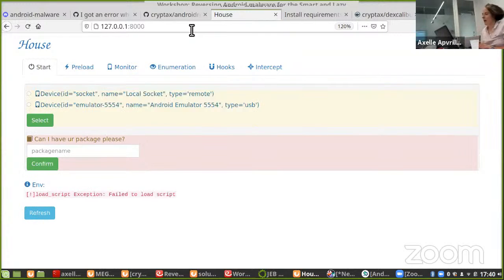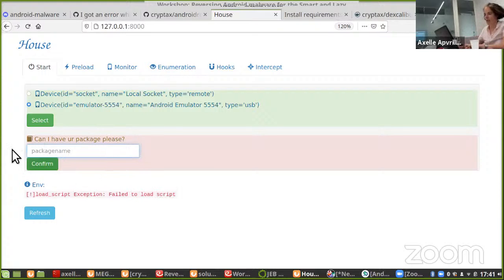So if you do have an emulator like me there, which is running, you will see it over there. Do check out there for this workshop. It's better that you only have one emulator. Again, don't plug in your smartphone unless you really want to risk it, okay? But don't do that. So you click on this there, and then after that, we're going to go further on